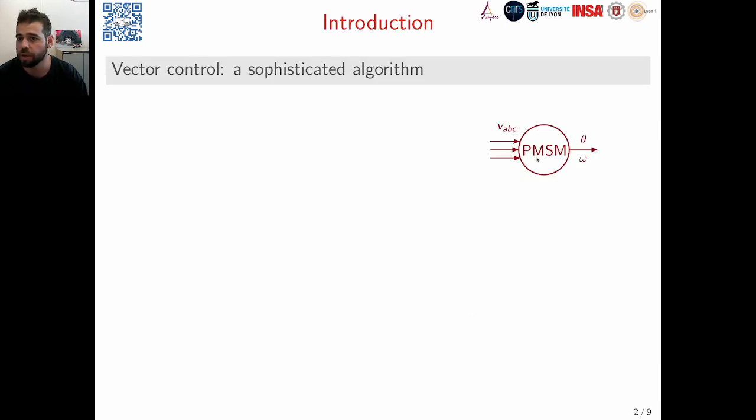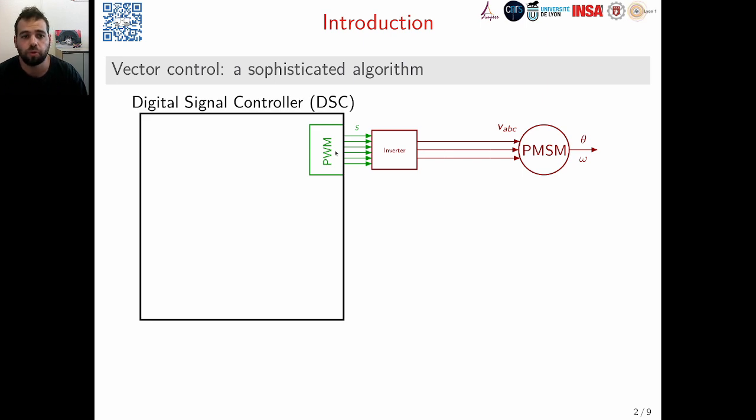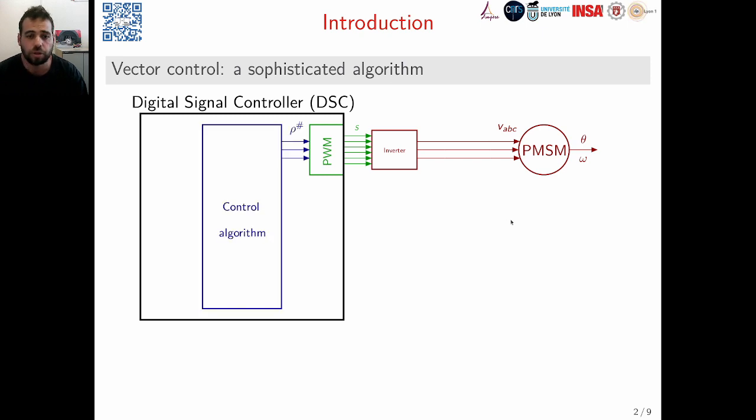In this figure we have the schematic of a permanent magnet synchronous motor. To spin this motor we need to apply three different voltages, and as output we have the position and/or the velocity. The voltages are obtained thanks to an inverter, and this inverter is controlled by pulse width modulation. The pulse width modulation is a border between the digital signal controller and the physical system. Thus, the control algorithm's purpose is to compute the duty cycle in order to apply the correct voltages to the